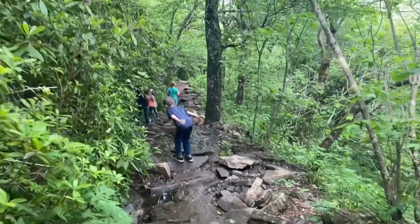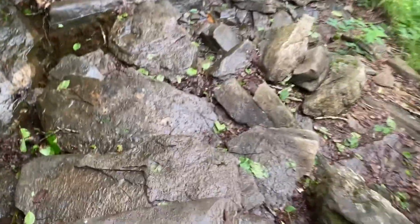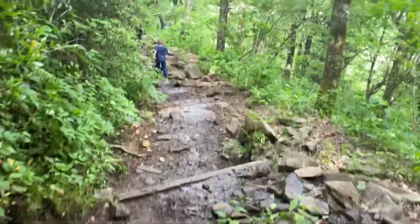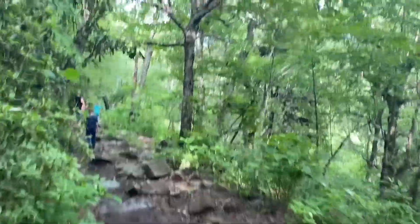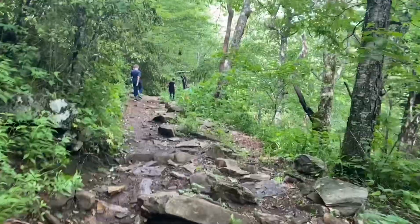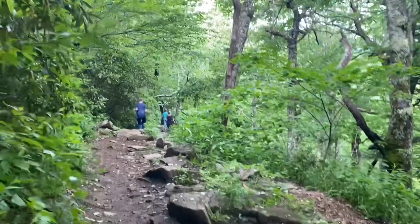Okay. Oh my. Yeah, these wet rocks do not make for super steady, secure walking, at least for me. They seem to be like goats, super sure-footed. So thankful for that. And it took us about 35 minutes, so kind of like Frying Pan, but maybe a little bit more than that, not quite 40 minutes to get up to the top. If you ever want to do Mount Pisgah,